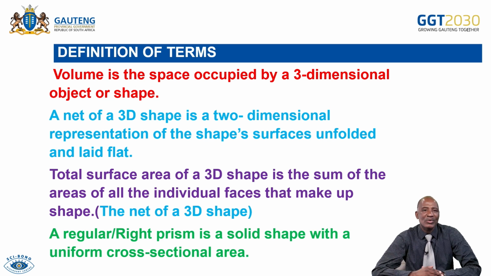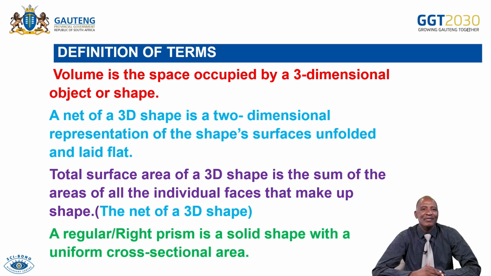The ones that we are going to study today will relate to what we call regular prisms or right prisms. Not all prisms are regular or right prisms. Some are just 3D shapes. They don't have definite dimensions, like a stone. A stone is a 3D shape, but it doesn't have definite dimensions. You can't tell which one is the length, which one is the breadth, especially if it's irregular,